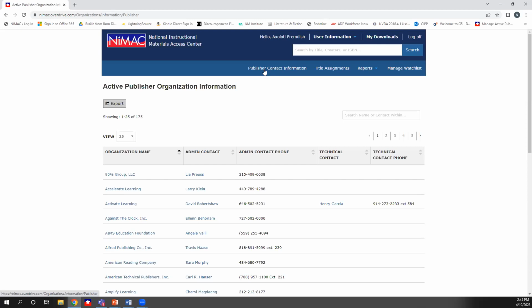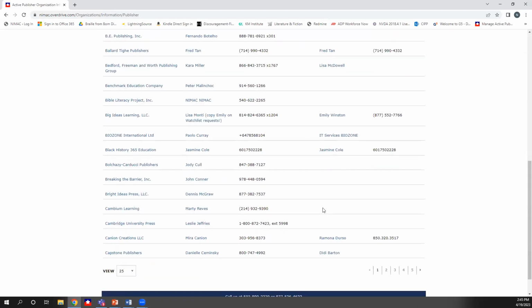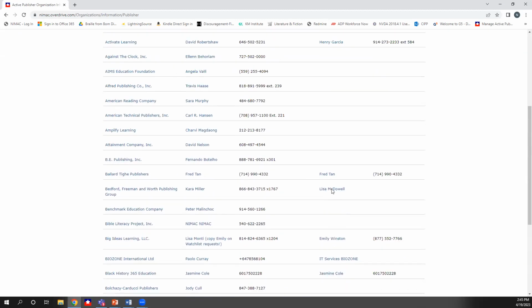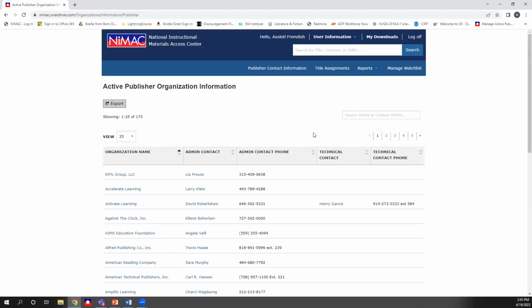And when there's an issue with the file, we particularly want to know that because we work directly with virtually all of the conversion vendors who are producing files. So we want to be sure that if they've made a mistake or they need to be aware of a problem, that gets to the right folks. So with those caveats, I will just say that if it's helpful for you to have access to publisher information, it is available in the system to you at any time.